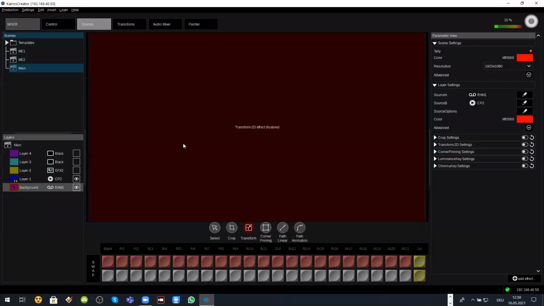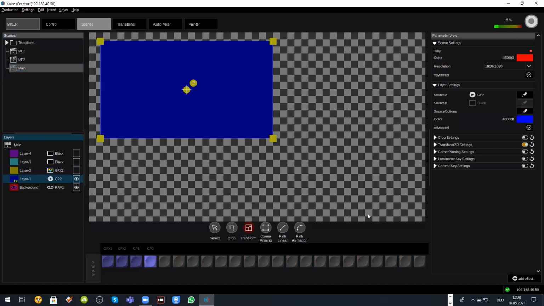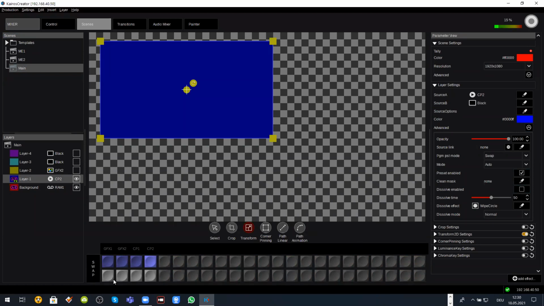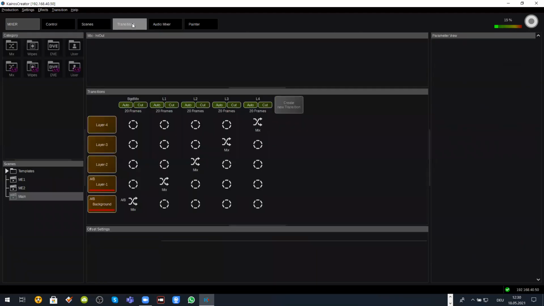However, that would be one way. Another one would be saying, you know what, I don't want to do it this way. I want to have a program preset kind of functionality. So I disable the dissolve, but I will enable the preset bus of it, which is disabled at this moment. And you see here is only one bus selectable. So I enable the preset bus, and now from here on, I have the preset side available for this. Now I'm saying, okay, this is my next cross point. And then I can hit the swap button just to swap the cross point over here, or I can build a transition for that. To build a transition for this is going to the transition side in here,